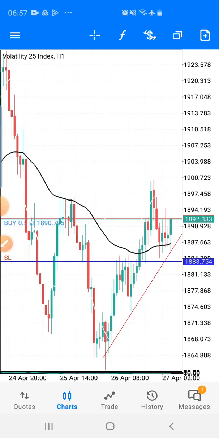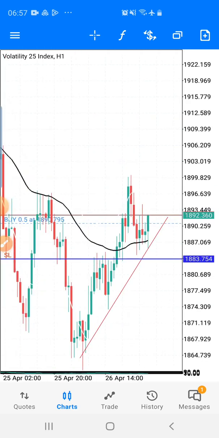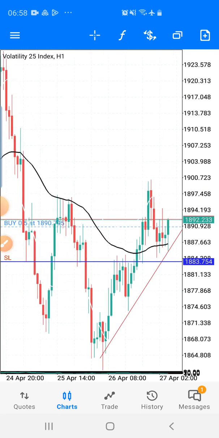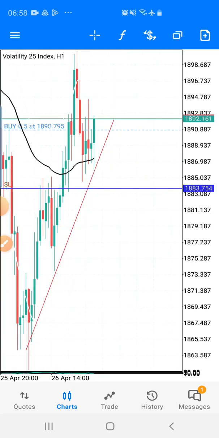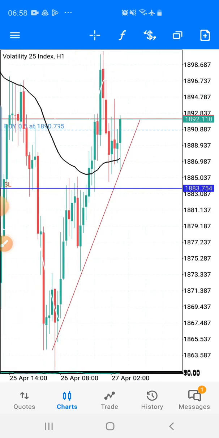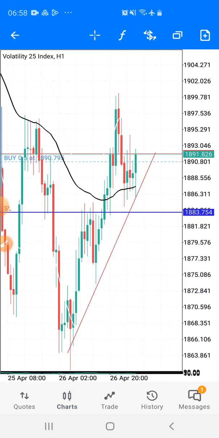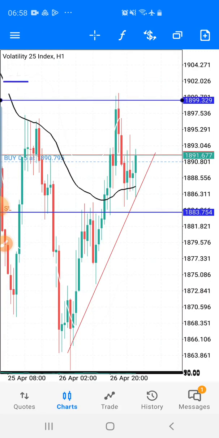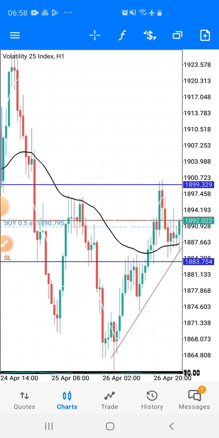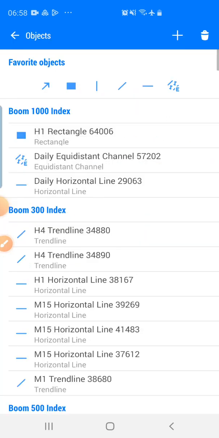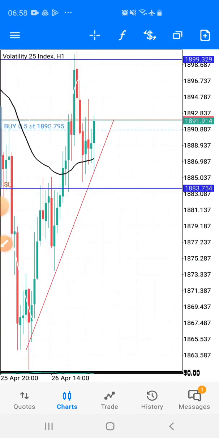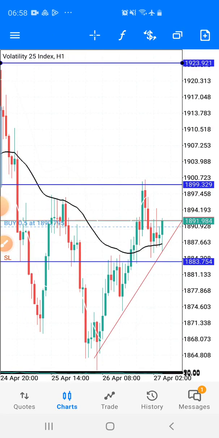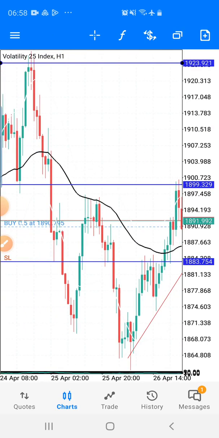So you can do this on both volatility and maybe boom and crash. And even if you are trading currency, this strategy is also effective when you are trading currency pairs. So how do we use this strategy? You can see I'm already on a trade right now, and I'm hoping to get at least the first target, which is 1:1 or more. Then from there we are going to be pushing it higher to the next level, which is more than 1:4, guys. Okay, 1:4 around, that is this area. It's more than 1:4